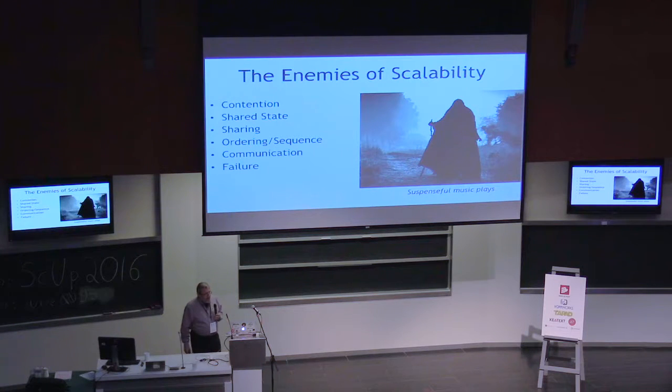We would do that basically by avoiding what I call the enemies of scalability. So in other words, the things that trap a system somewhere further down that graph. And those are, and I'll talk about these in a little more detail, things like contention, shared state, which is not the same as contention necessarily, although it can be depending how you go about it, sharing at all, which cannot necessarily be sharing state but other information, ordering in sequence, which is an odd one that we see a lot and is actually a huge problem,